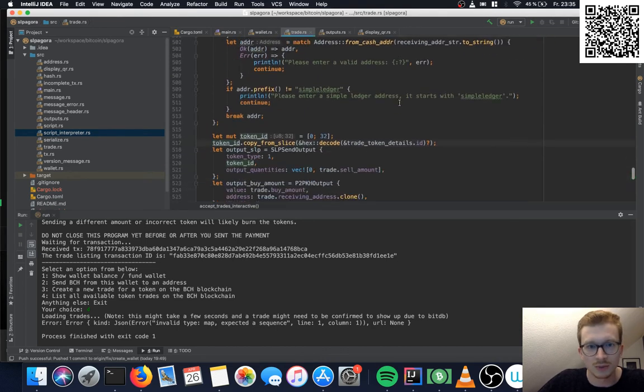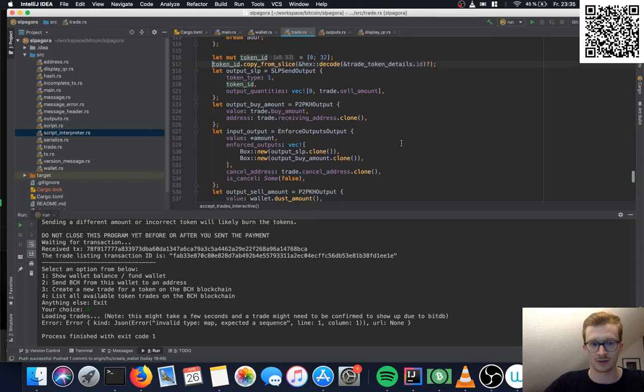So we got all the input from the user: what token do you want, where do you want to send the tokens to. This is the token ID, and we have two outputs which we have to feed into the smart contract.